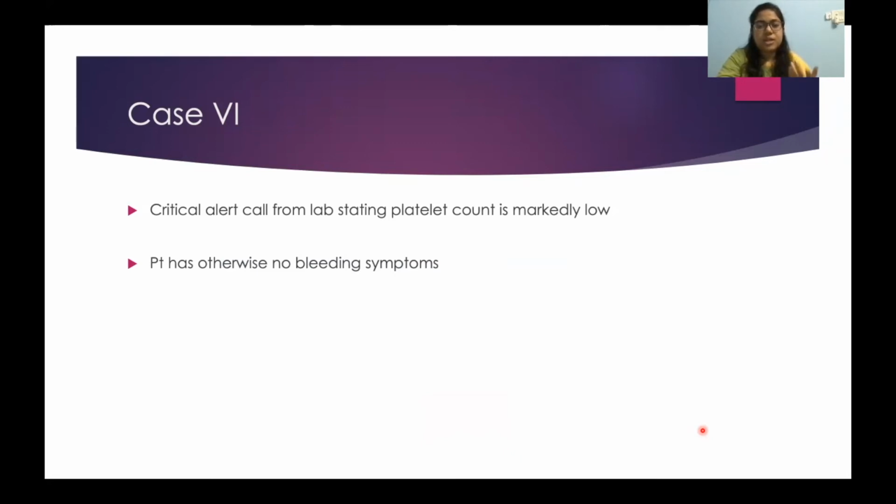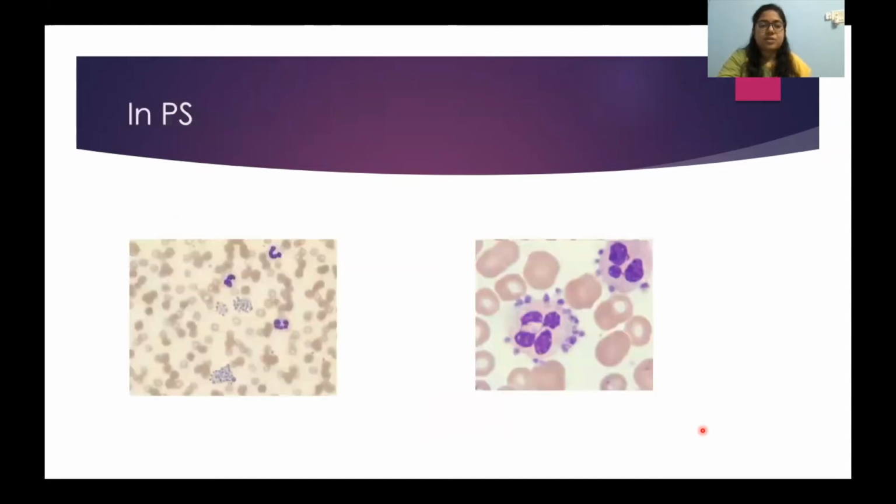You check the coagulation parameters, everything was normal. So in such a scenario, what can you do? You should ask for a peripheral smear examination. What happens? EDTA in the blood can activate PF4, platelet factor 4 antibodies. So the platelets will start clumping with each other. Platelet clumping and platelet satellitism, that is clustering of platelets along the surface of the neutrophils, is quite commonly seen in samples which are stored for long in EDTA before being analyzed.